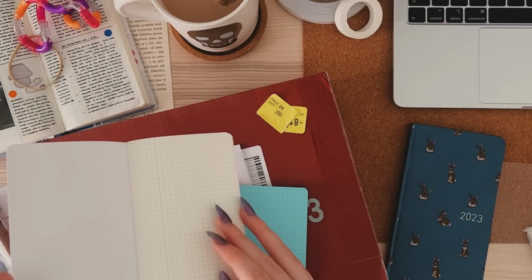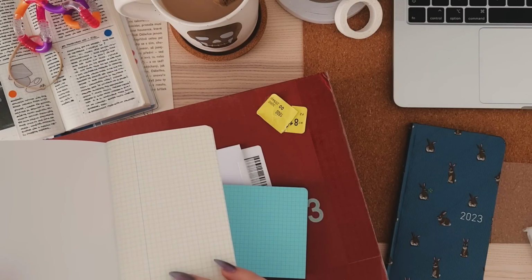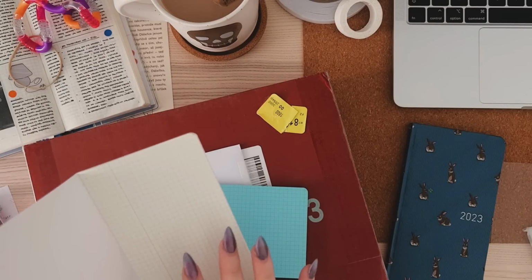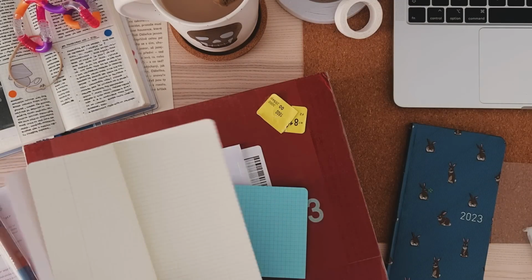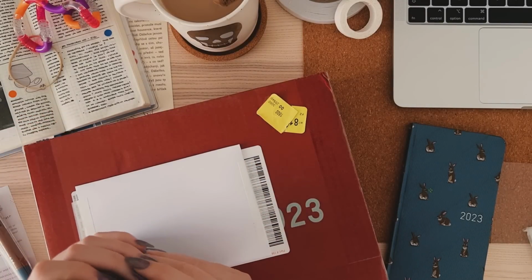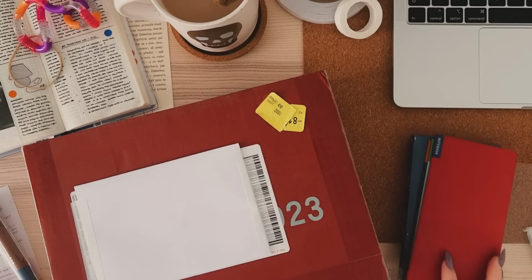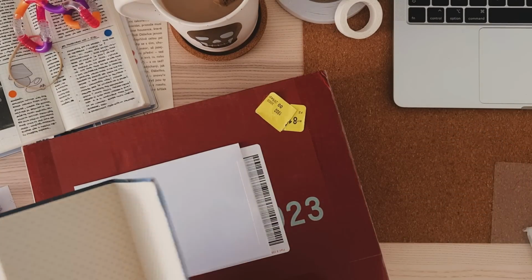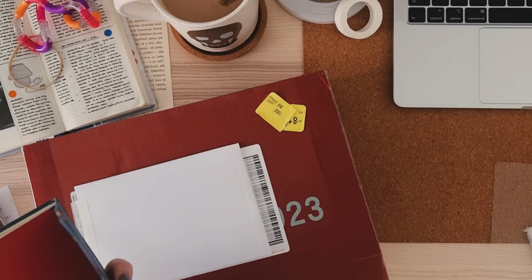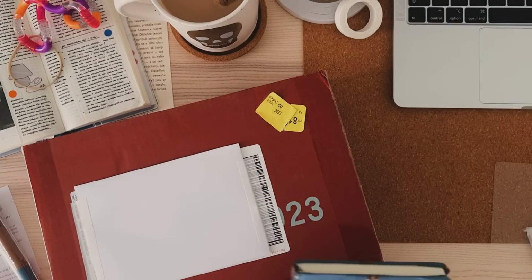I was just checking to see if there would be a seam line for tearing, like a perforated line. There isn't, which is good because I don't really plan to take them out. So fine, very, very thin. That is mad. I thought they might be a bit thicker than that, but the nice thing is I think I saw someone else say that you can store it inside the back of your week's book and it's not too bad, which is really nice because that's kind of what I'll be using it for. So, okay,